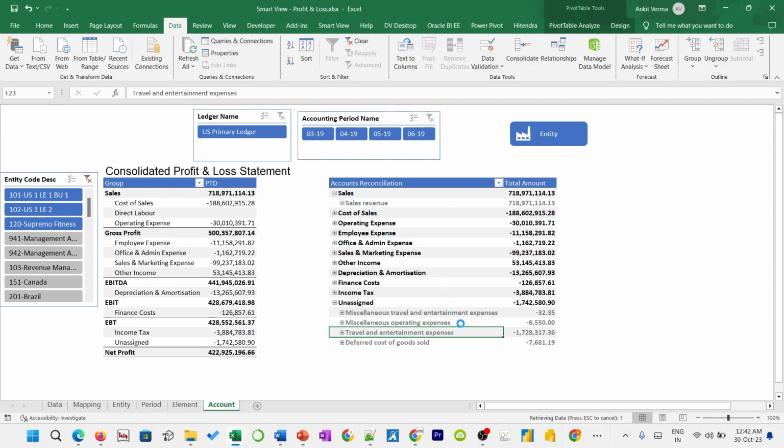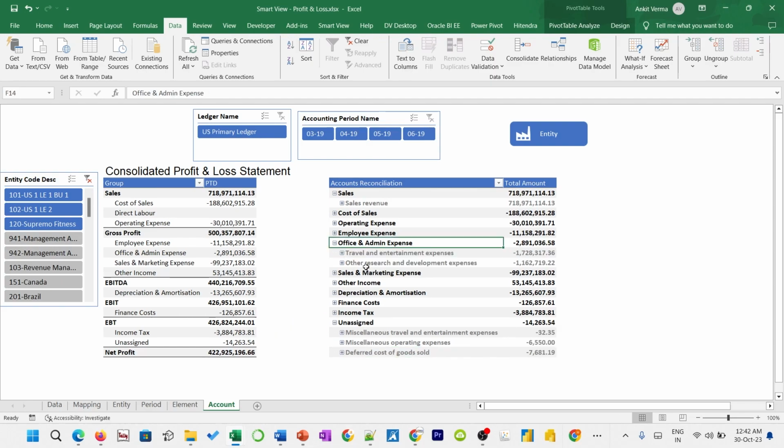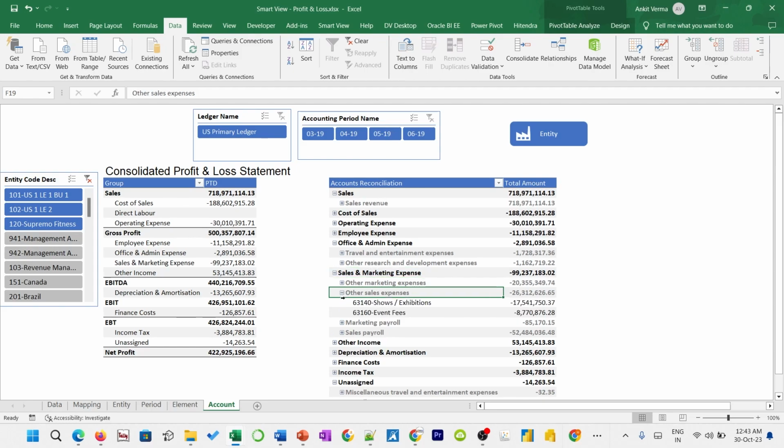So once this refreshing activity completes, you can see here unassigned has been reduced. It has been reduced, and office and admin goes up, travel and entertainment expense increased. So all the tables get updated by a single refresh. And any accounts that you feel have not been properly mapped, we can map properly in the mapping table and keep on refreshing. And once your proper categorization has been done,